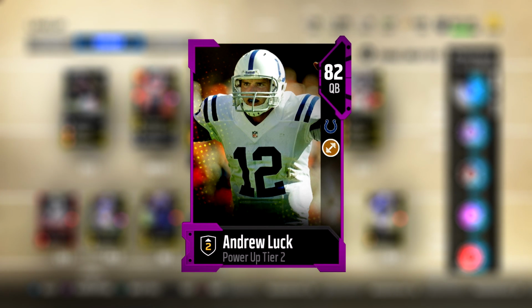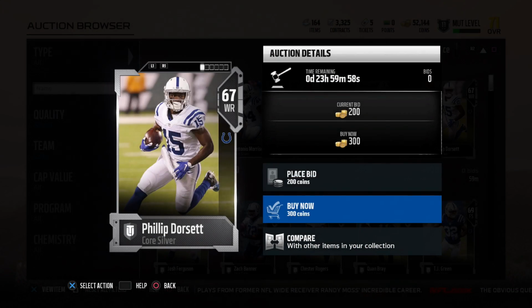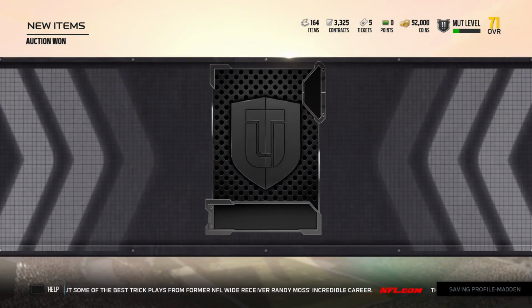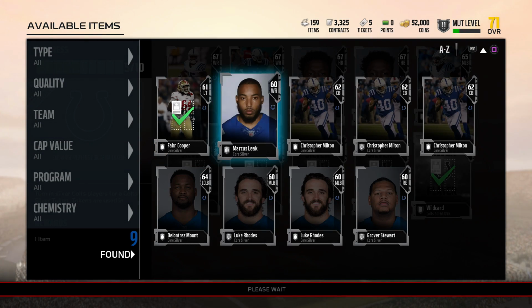Well, for today's episode, the card is in fact going to be the 82 overall power up tier 2 of Andrew Luck. Now, I'm sure some of you guys are probably thinking, why do I want to get this card of Andrew Luck? Don't I already have the 80 overall elite free version that I got from the opening packs once I joined Madden 18 Ultimate Team, which is a true point. Yes, I do have that card, but you guys will see in just a second,